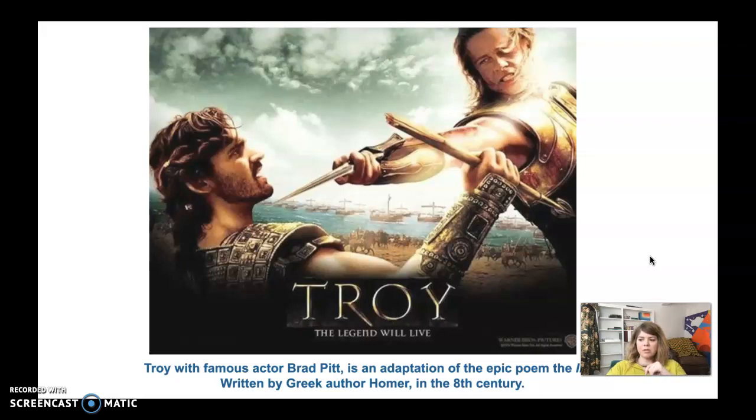The Iliad and the Odyssey were written in the 8th century by the Greek author Homer. One thing to note is Homer wasn't even alive during the prehistoric Aegean. He was several hundred years after, I believe. I'm not quite sure exactly how long after, but he wasn't alive during the prehistoric Aegean. But he did write these stories about them, and they were probably stories that were orally handed down for hundreds of years before Homer even got a hold of them to write them down in these epic poems,